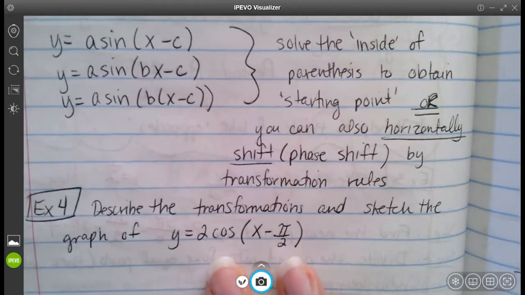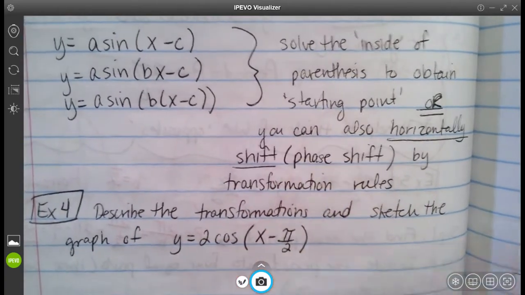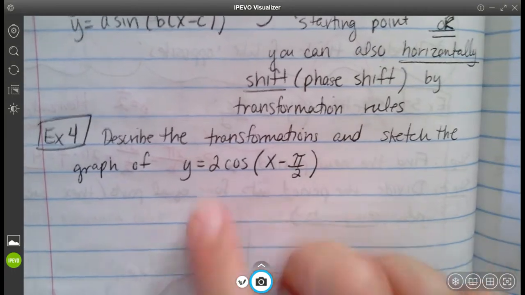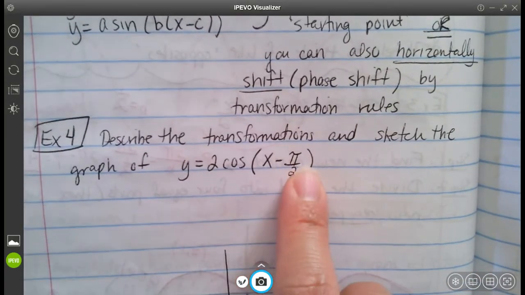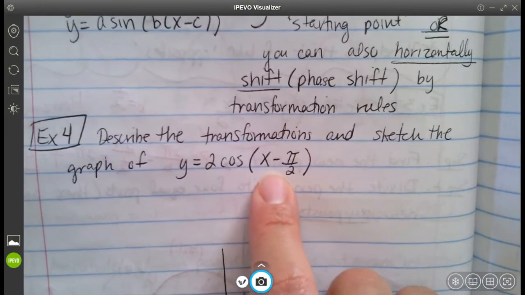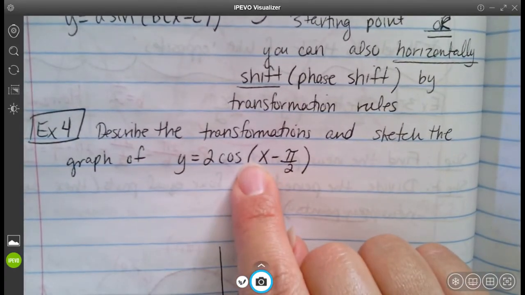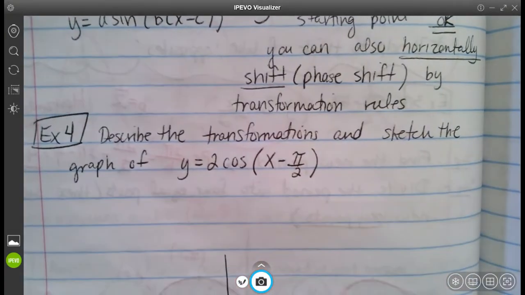Here's an example, and let me just jump into it, and it'll be easier that way. It says describe the transformations and sketch the graph of y equals 2 cosine of x minus pi halves. This one's not too bad because we have no B, so that's going to make our life so much easier. So let's start with